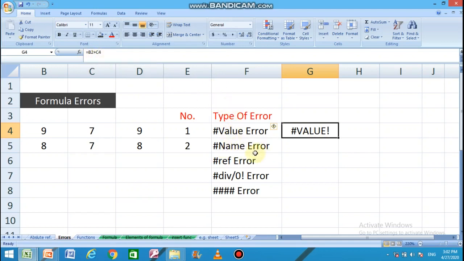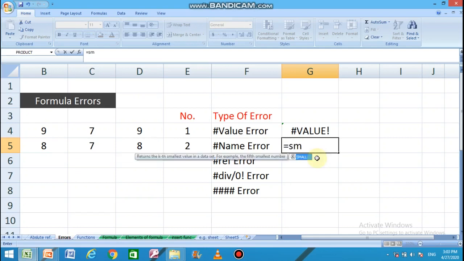Hash name error. This error occurs if the formula is typed incorrectly. For example, if we want to add 9, 7, 9 and 1 all together, we can use the sum function because a range is required.